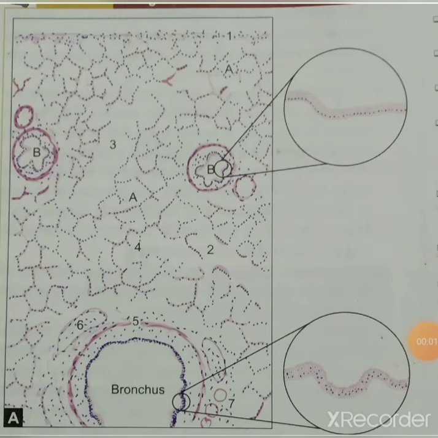This picture shows the histological structure of the lungs, a section of lung under the microscope. Here you can see the labeled parts. Number one shows the pleura: the lung surface is covered by pleura, which consists of a lining mesothelium resting on a layer of connective tissue. And here you can see the lung parenchyma is made up of numerous thin-walled spaces, or alveoli. In this picture it is represented as A. You can see the thin-walled spaces,